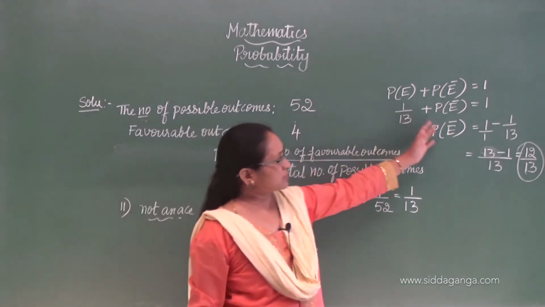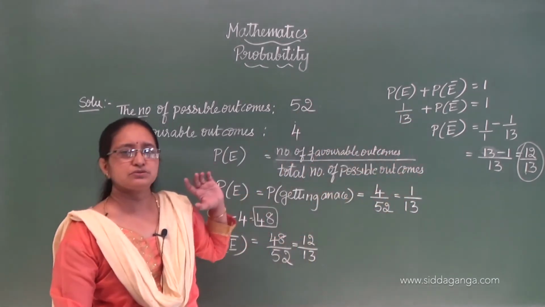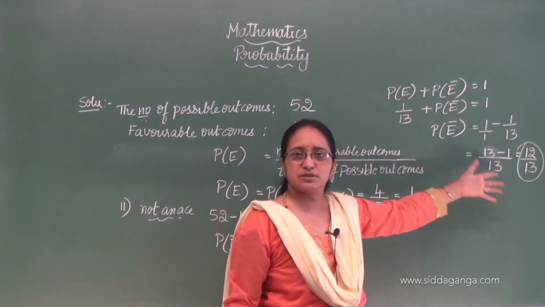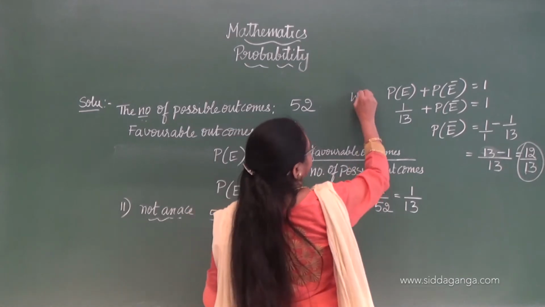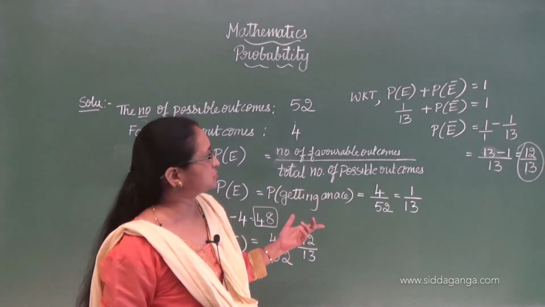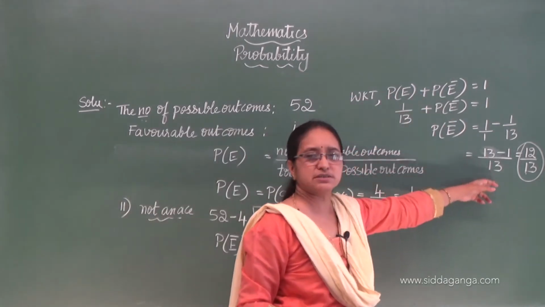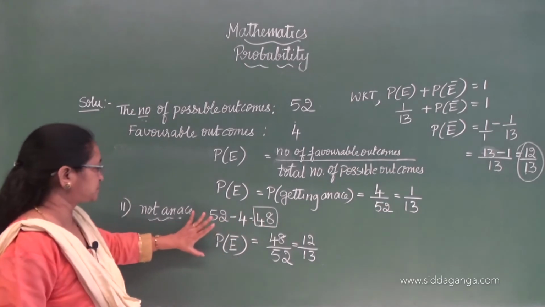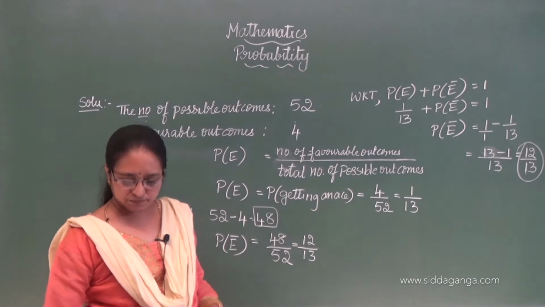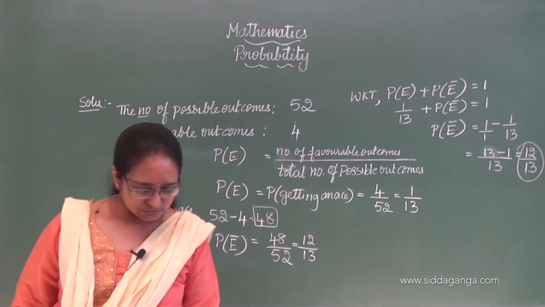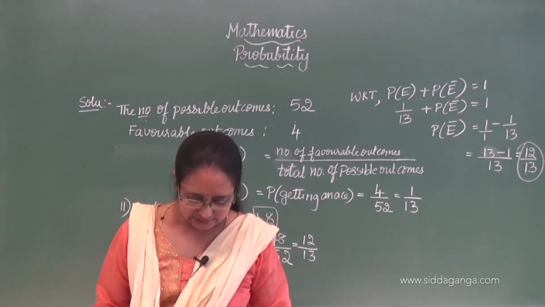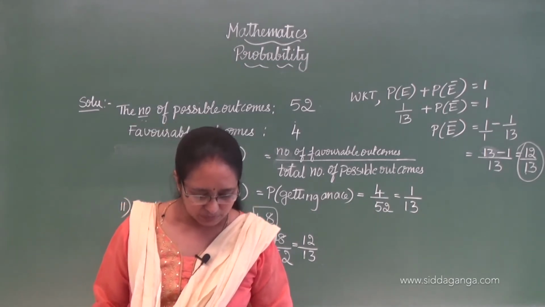So there is an option for you to do it this way or that way. Already we know this, and we have proved it with various examples also, so you can start like this. So you have the option. If you don't want to do this, you can use that also. So this is how you have to work it out. Now we will go for the exercise, or one more we will do.